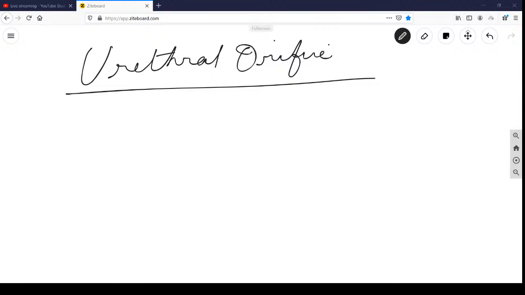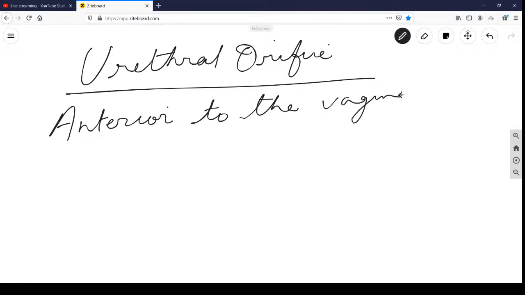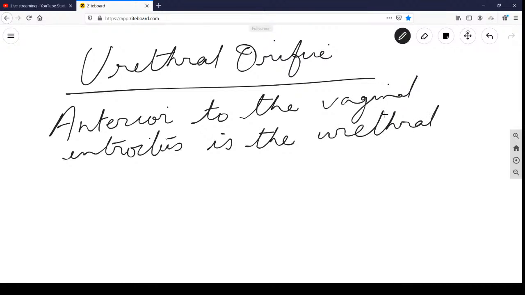So anterior to the vaginal introitus is the urethral orifice. Orifice means opening, foramen, so a hole, you can say. Now this is where urine passes from the body. We know that. Now below and to either side of the urethral orifice